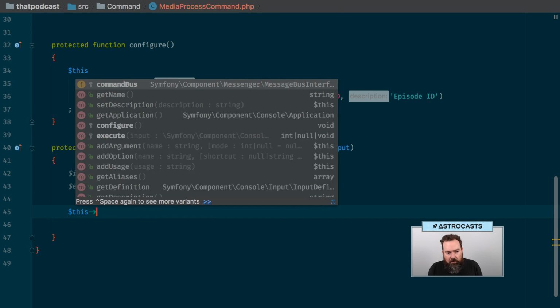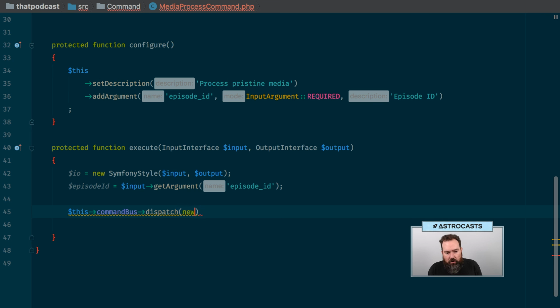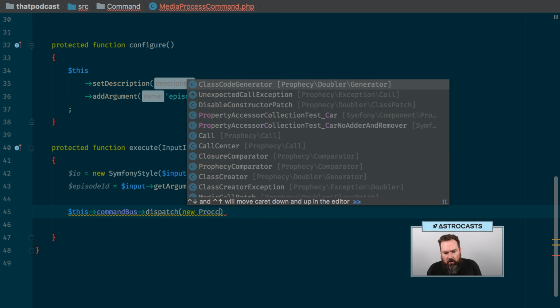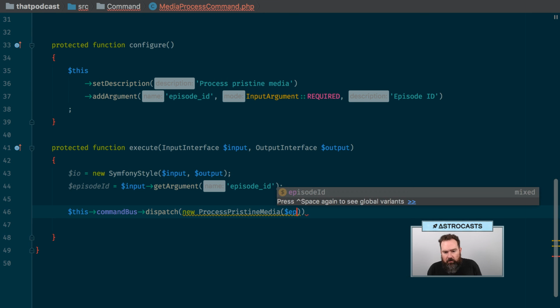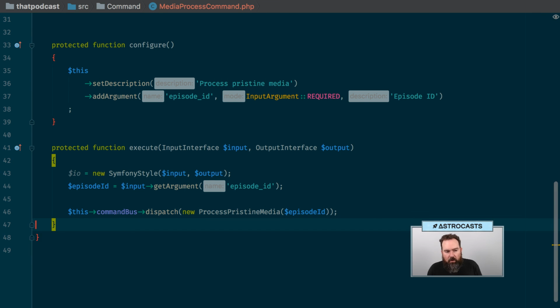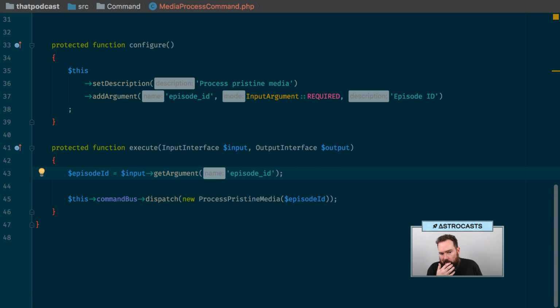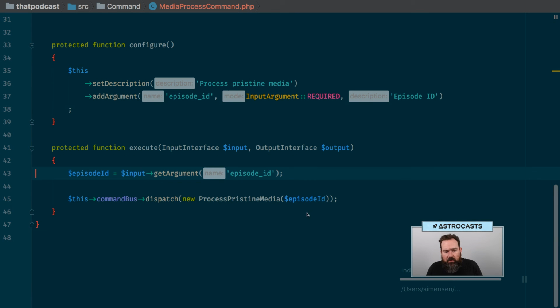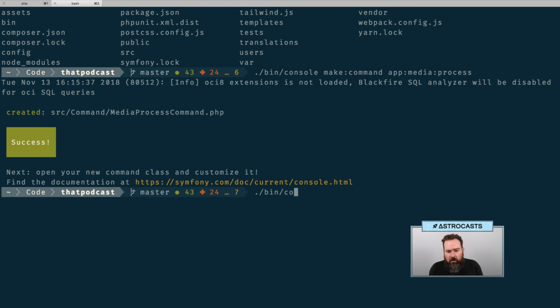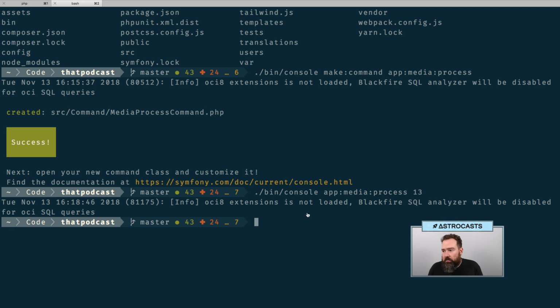So we're going to do this command bus dispatch new process pristine media and pass in episode ID. So it's exactly the same thing we were doing before. It's just in a slightly different way. The thing that we had before was, let's see, episode 55 is actually episode 13. So what we can do now is bin console app media process episode 13, and that should put this on the queue